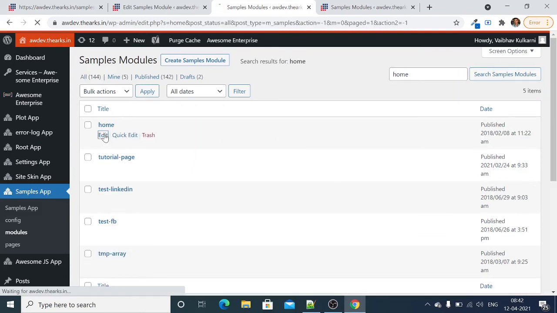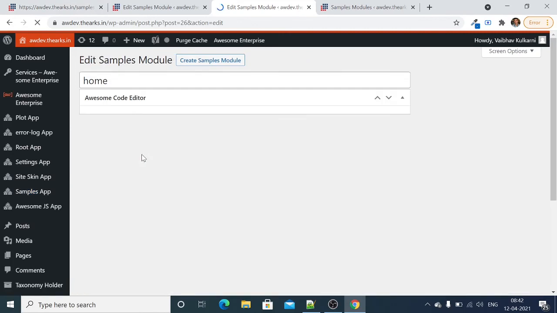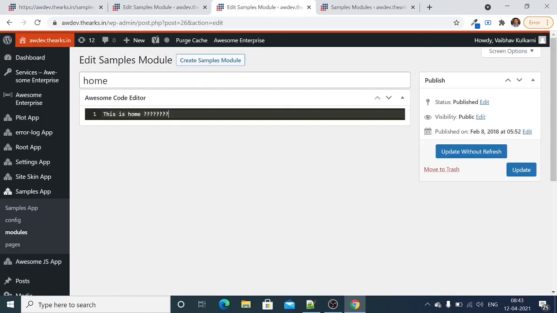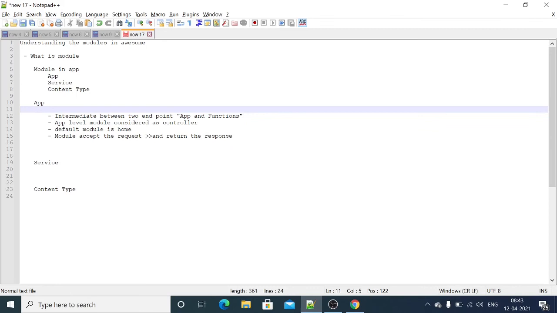So let's go back and check by changing the output. So this is the home module called when we have not specified any module. So this is the default module we called. So this is how the module works inside the app.